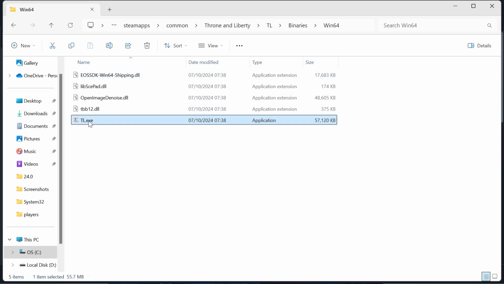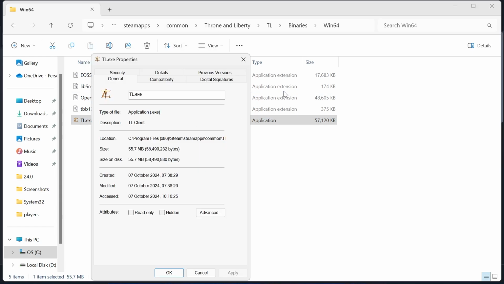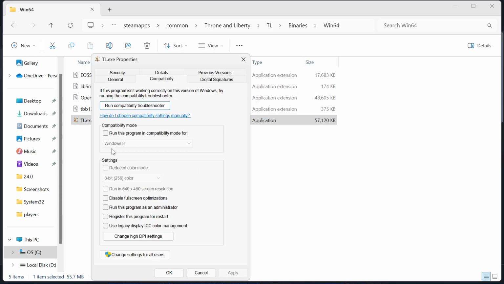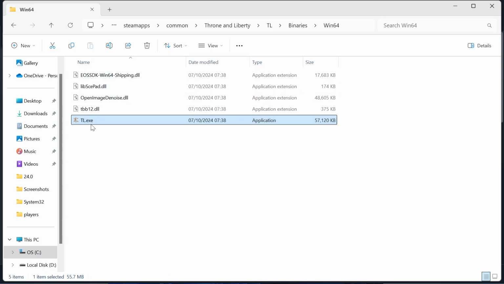What you need to do is just right click on this, head into Properties, click on the Compatibility tab, and then make sure you have Disable Full Screen Optimizations and also Run this program as administrator, both ticked. Then click on Apply and OK. And then you can try double clicking on this tl.exe file and check to see if that's now launching into